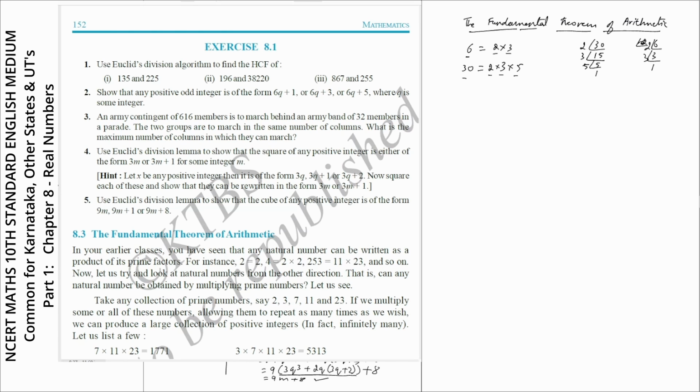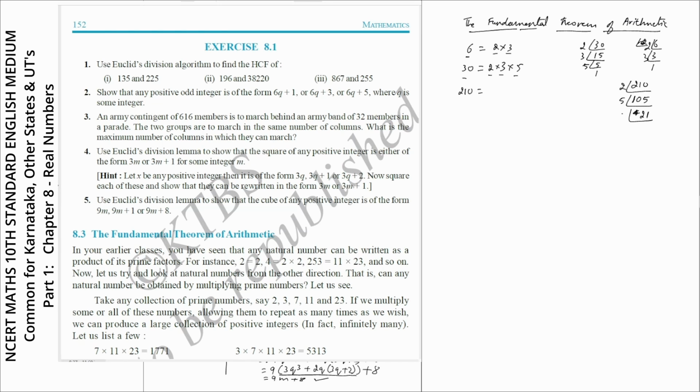Now consider another example, 210. If I factorize 210, 210 is divisible by 2. 2 1s are 2, 1 is not divisible, so I'll put 0. Then 2 5s are 10. Now 105 is divisible by 5. 5 2s are 10, 5 1s are 5. Now if I divide